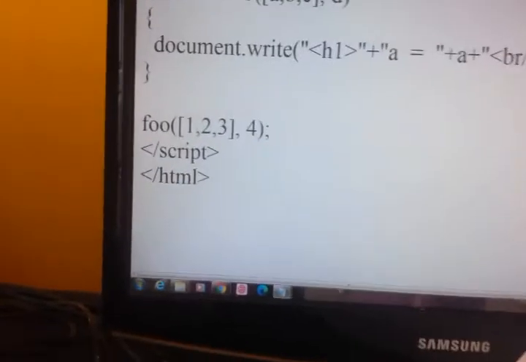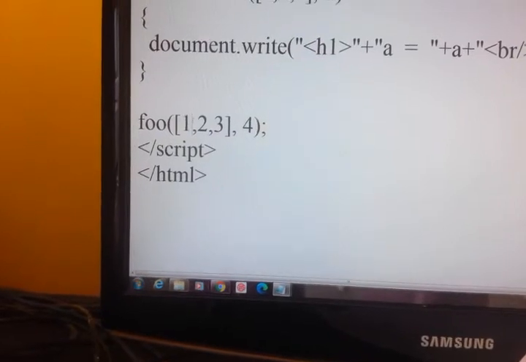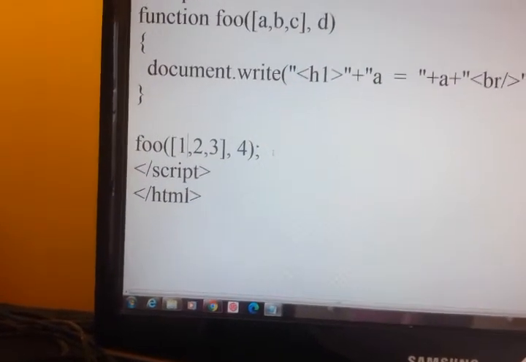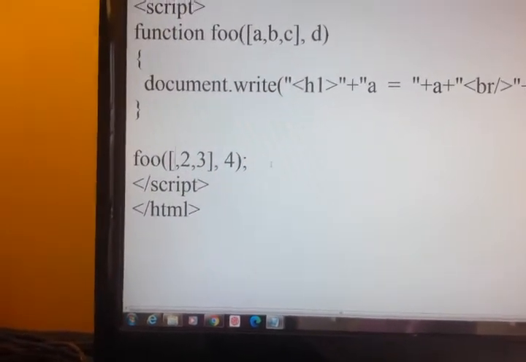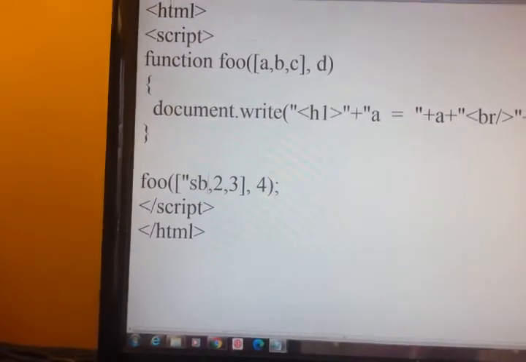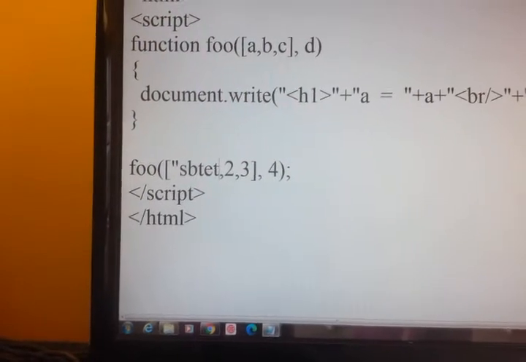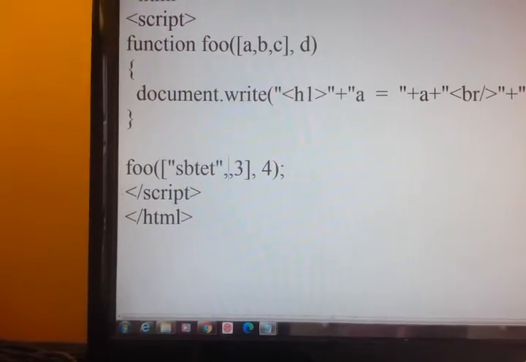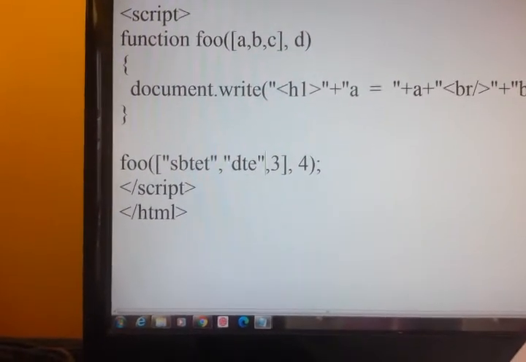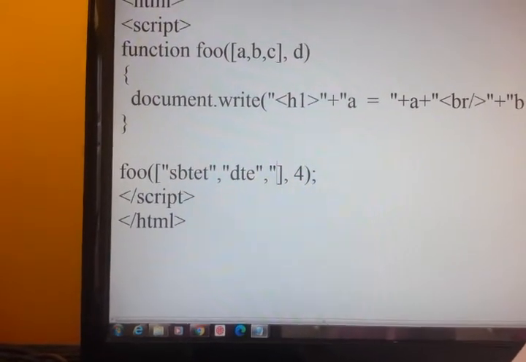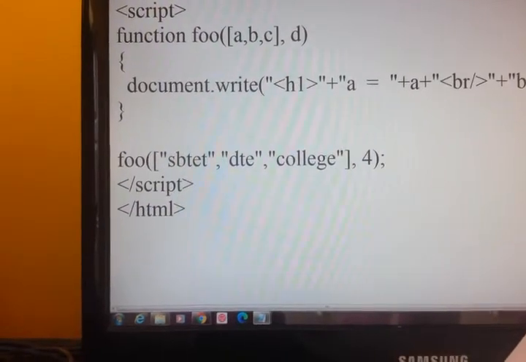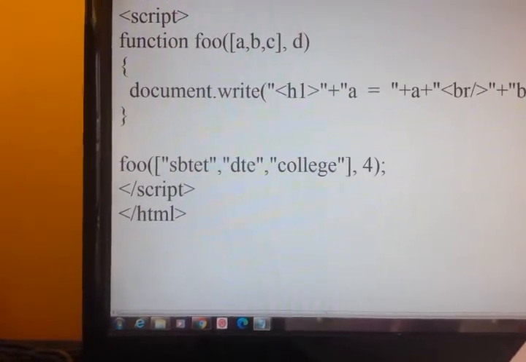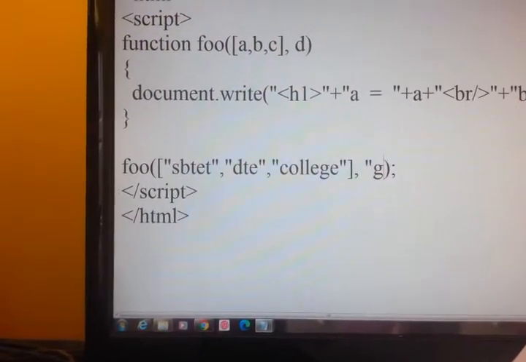Here I have passed only 1 2 3 4. Let us see what happens if I pass strings. Here I write exhibited, DTE, college, GPT.